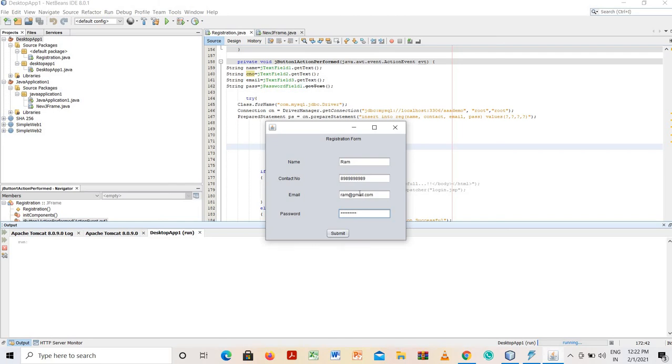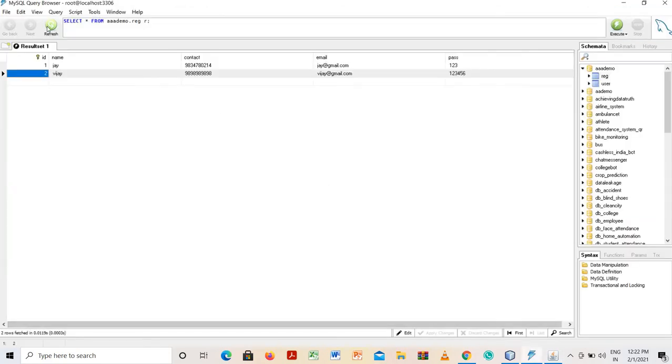I am going to click on the submit button. I have clicked on submit, and here is a pop-up message that registration is successful. Now I am going to refresh the database, and data has been inserted into the database.